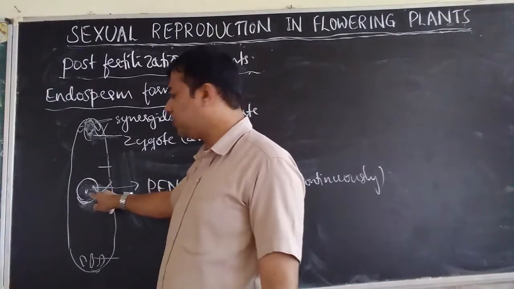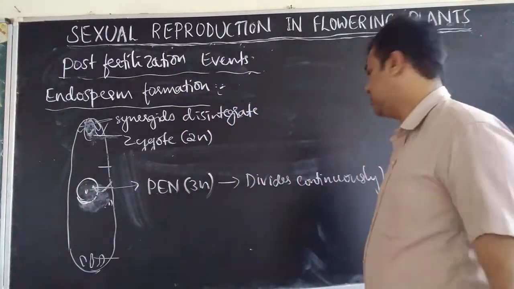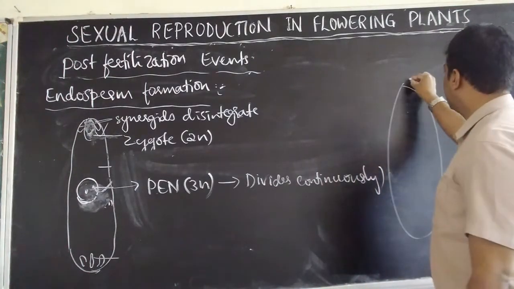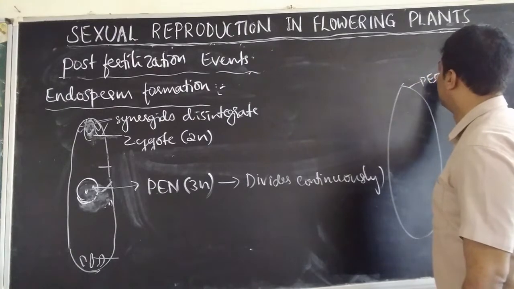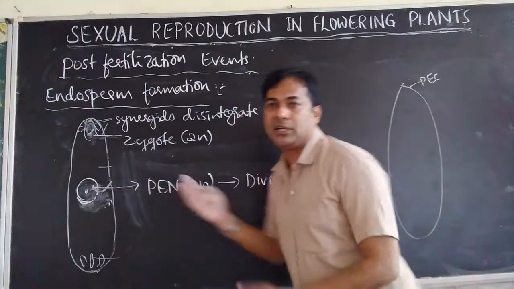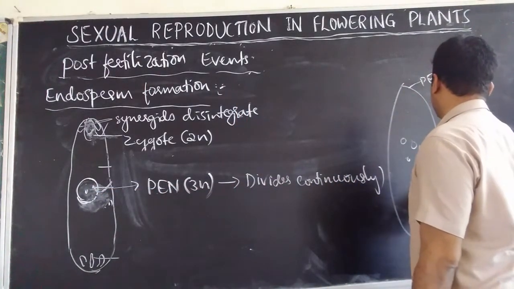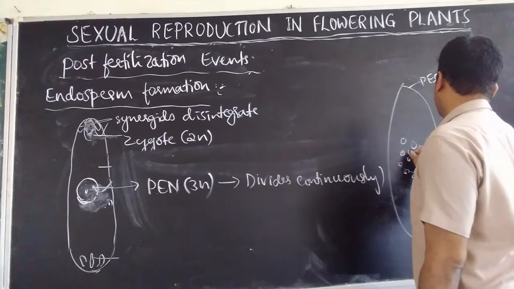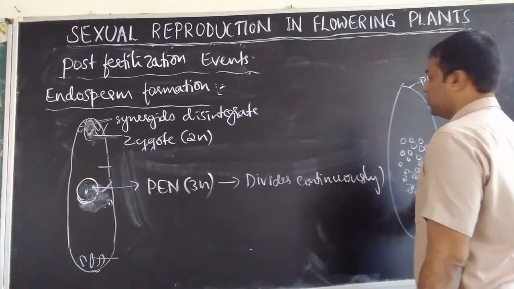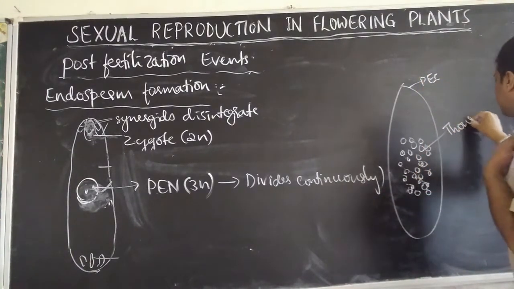So this one primary endosperm nucleus divides into many nuclei. So many nuclei will be produced. So this is a primary endosperm cell. We will see, that is this big cell. This nucleus will divide and produce many nuclei. It produces thousands of nuclei. We believe the diagram is not there in the textbook. This is for your understanding. Thousands of